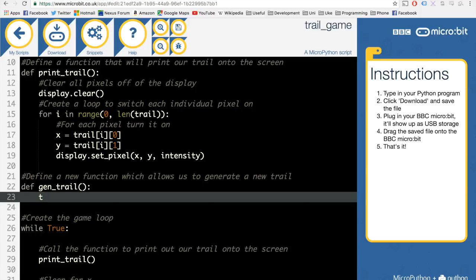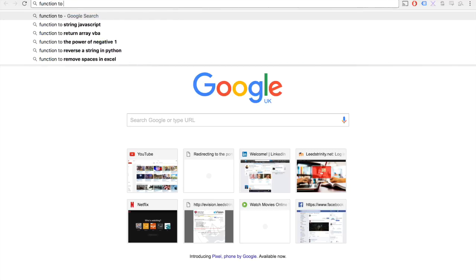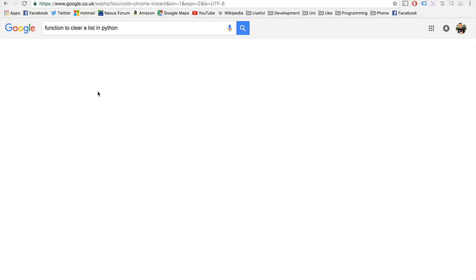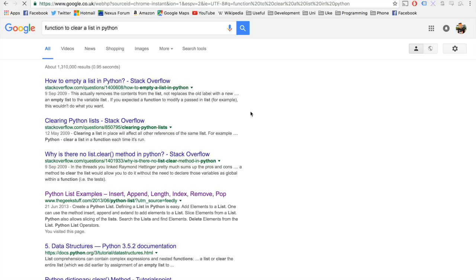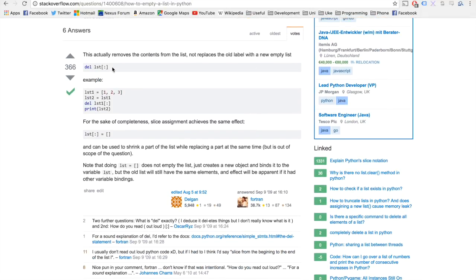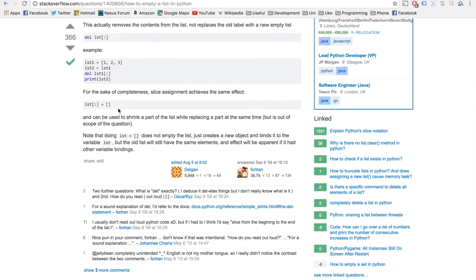and let's just quickly get onto Google and have a look at what the function is to clear a list in Python. And I think it is actually just a clear function. This actually removes the contents from the list, not replaces the old label with a new empty list. For the sake of completeness, slice assignment achieves this effect. So